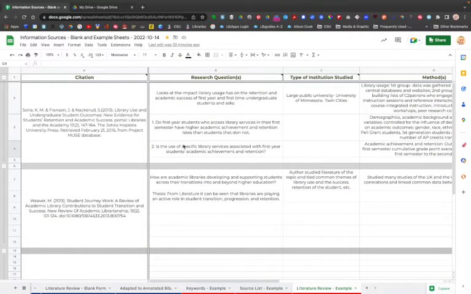And this is an example of a few of the sources from a lit review a few years ago to show you kind of what it looks like in practice. So for my purposes, we were studying library usage and if it corresponds to student success rate. And so for me to write a literature review that reflects what the literature says about